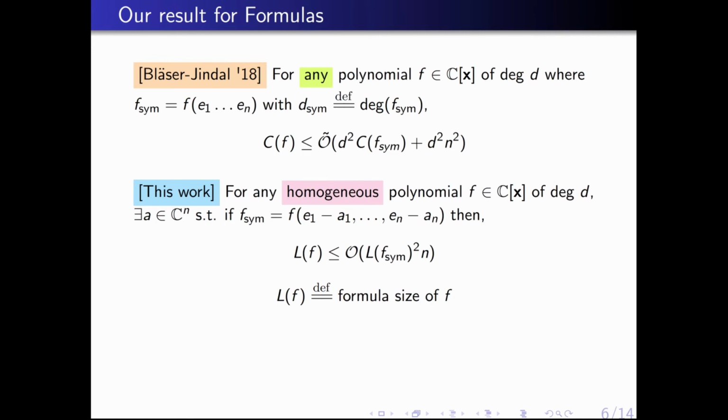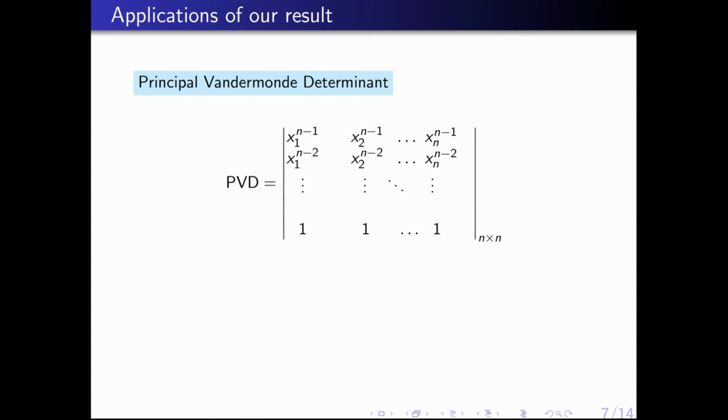As you can see, this is a more restricted result, and for it to hold it must satisfy some extra conditions, yet it has some nice applications which we are going to see now. Using this technique, we could prove that the Schur polynomials do not have small formulas, which in turn implies another result about generalized van der Monde determinants.